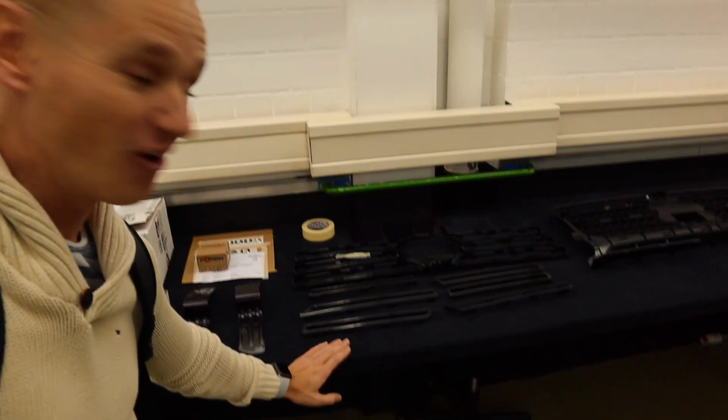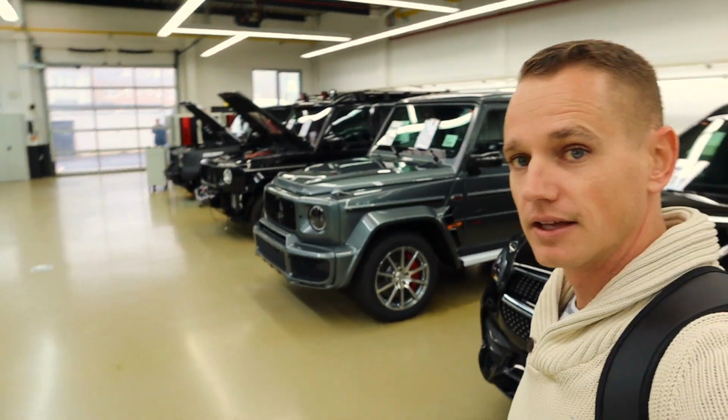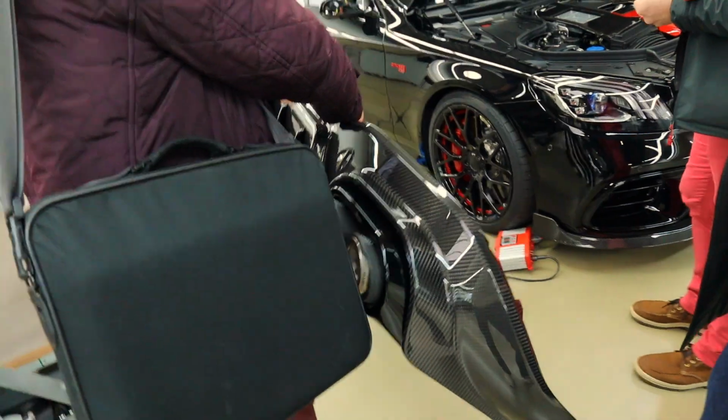And you come over here, you can see on the workbenches, they've got this carpet. This is carpet on the workbenches for all the bumpers they're working on and doing their special BRABUS addition to these beautiful cars. You see all the collection here, absolutely beautiful, on the workshop floor. And you can see the guys are here with one of the bumpers. Exhaust pipes, we have carbon fiber covers as well for the end pipes, and here combined with black